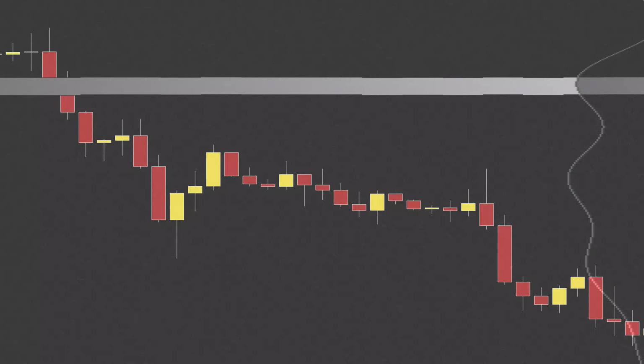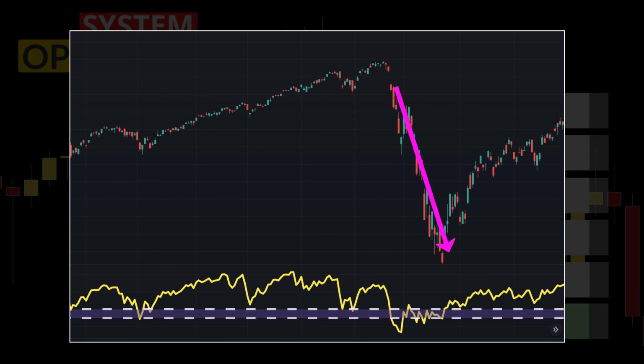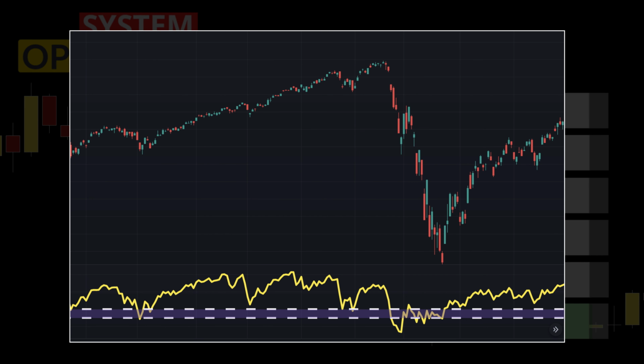Moreover, it is important to use the right tool for the right job. You can see here that the RSI predicts this change in direction because of this clear divergence at the top of the channel. This may be a better way of using the RSI in this particular system by filtering out setups like these.